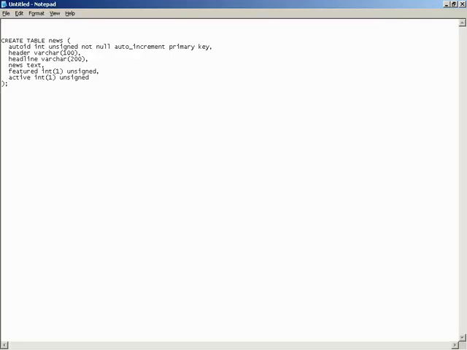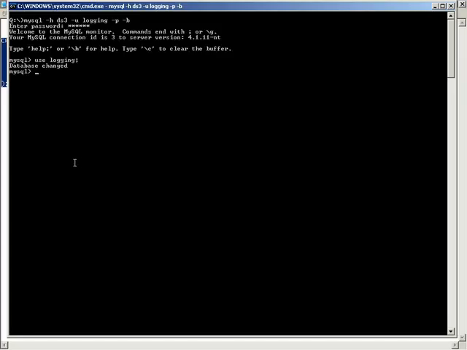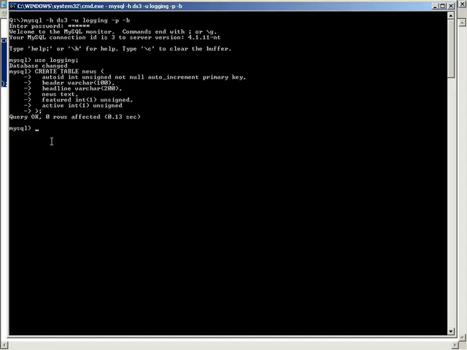So with that, let's go ahead and load this into the MySQL monitor and see how it works. So we'll switch over, and here we have the MySQL monitor loaded up, and we have the logging database selected. I'm just going to paste this in, and we can see query is okay, so it has created our table for us. So with this news table created,